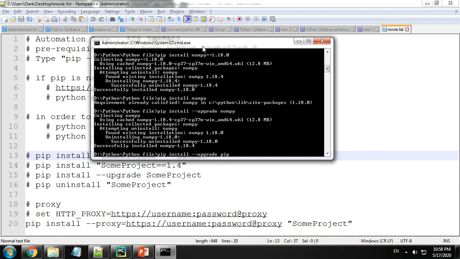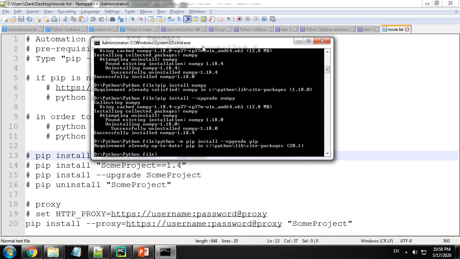Now we only have to perform one extra step when it comes to upgrading or installing a specific version of pip. You just cannot do pip install pip. That's not going to work. Just type in python -m before your command. Once you do that, you will be able to upgrade pip to the latest version or to a specific version of your choice.